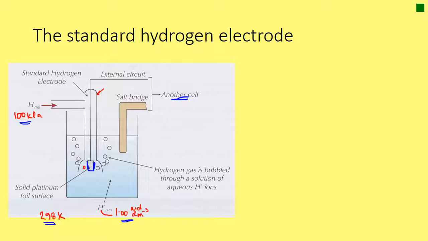Let's start with the standard hydrogen electrode. So you'll remember when we're doing relative atomic masses, we compare everything to the carbon-12 isotope. Well, it's sort of similar here in electrode potentials, where we compare everything to hydrogen and a particular setup of a hydrogen electrode. So what we do is we say that the hydrogen electrode potential is 0,